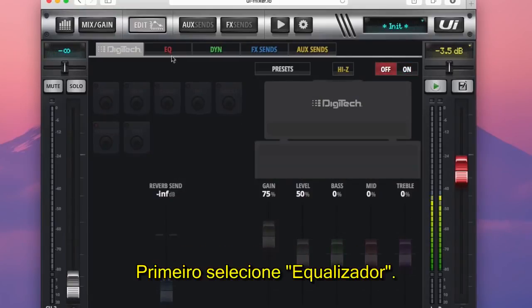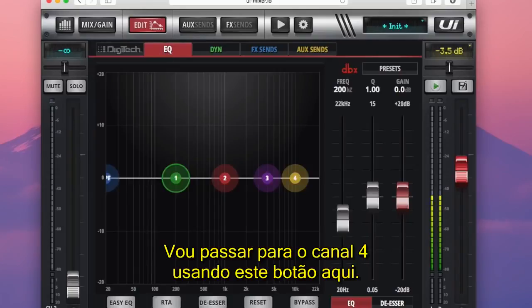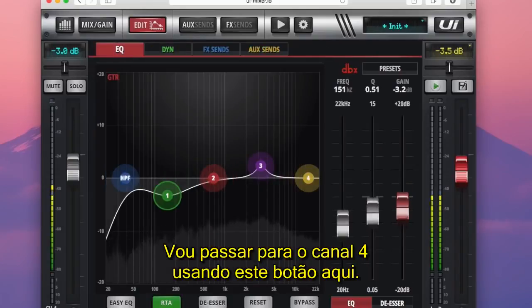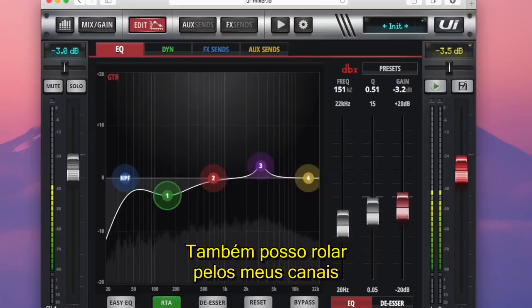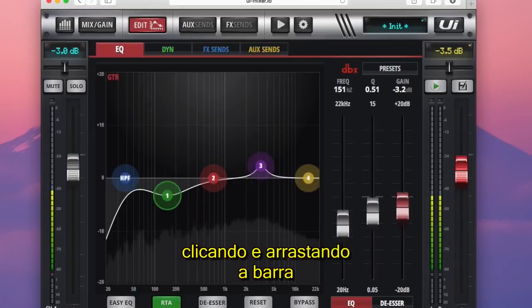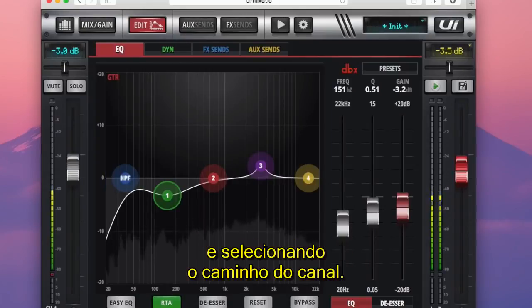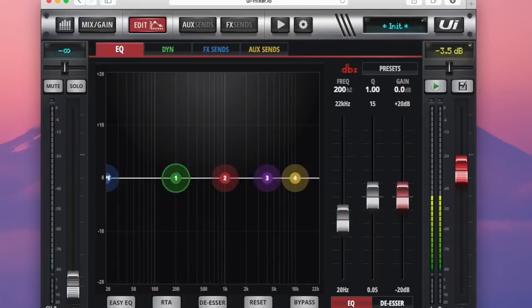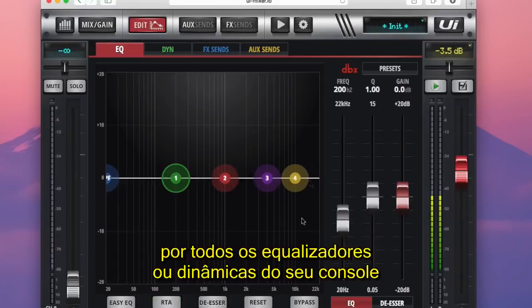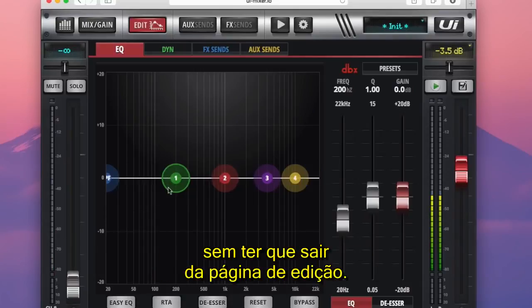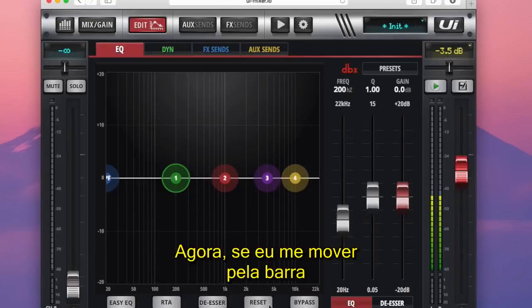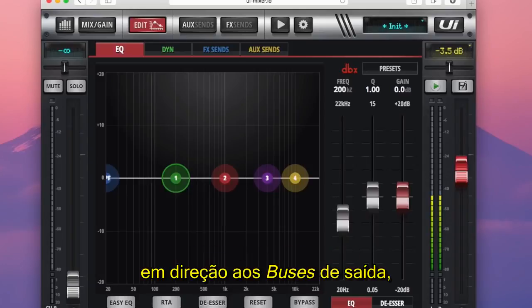If I select EQ, I can move to channel 4 no problem using this bar down here. I can also scroll across my channels by clicking and dragging the bar and then selecting channel 8. This is a quick way of navigating around all the EQs or dynamics on your console without having to exit the edit screen. Now if I move across my bar towards my output buses